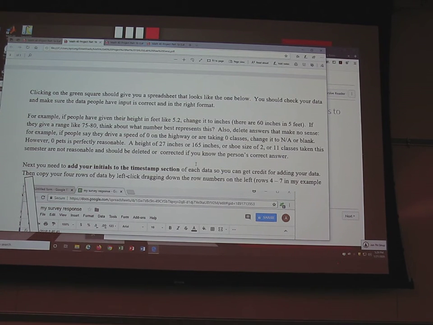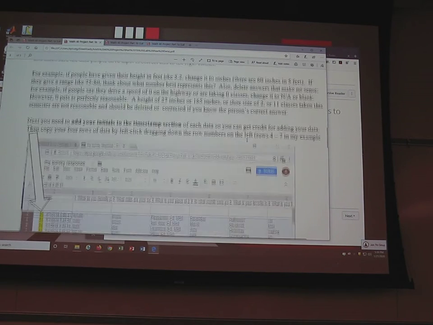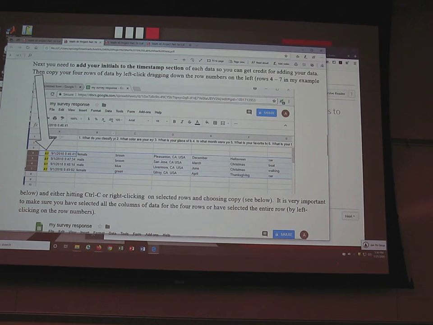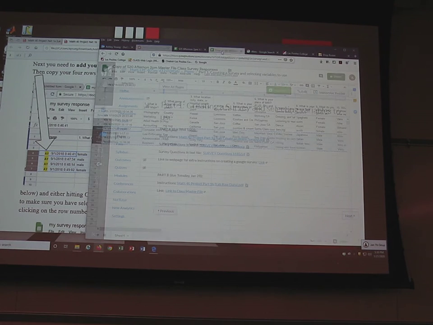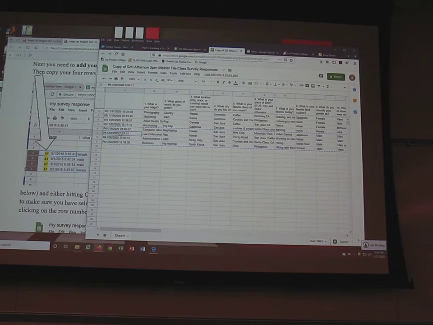Once you clean it up, so clean up all the questions for all 4 of your people, just double check to make sure they all make sense. Then you need to add your initials in. It's pretty straightforward. Just go in there and if you click on one of them, if you kind of click